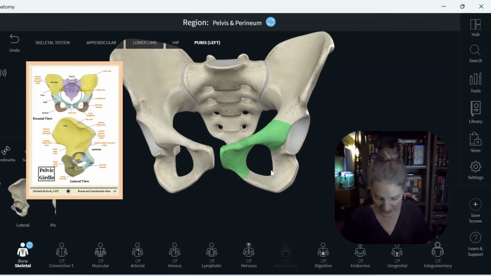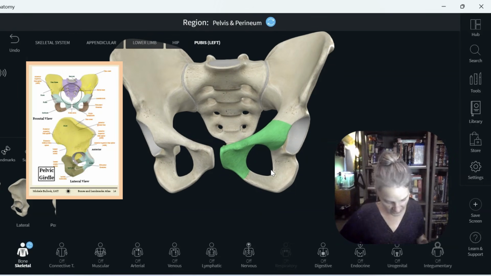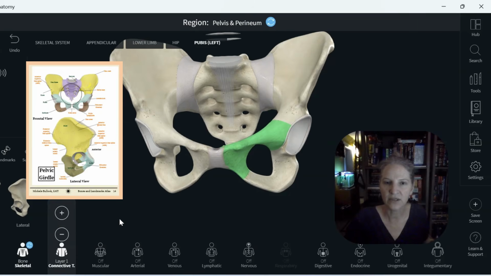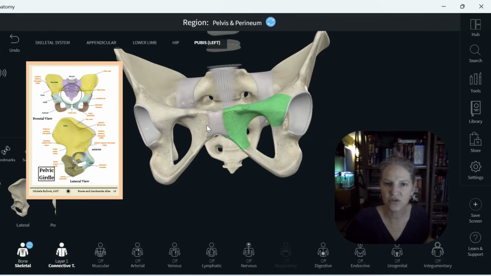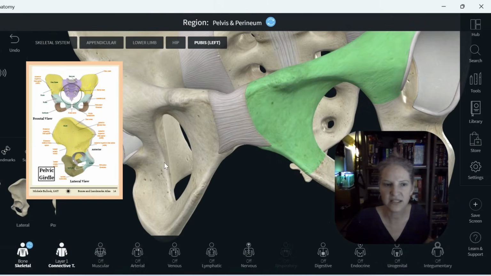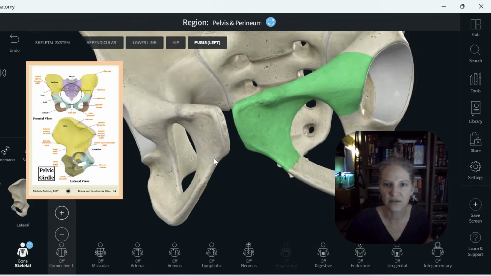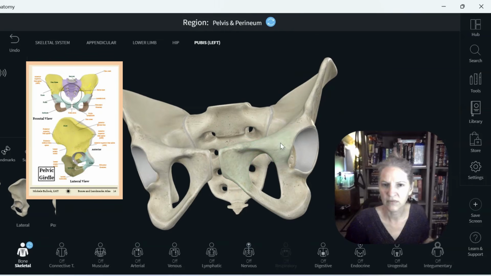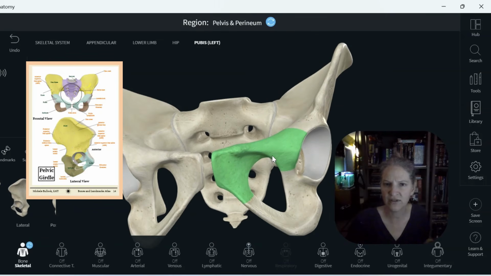Let's talk about the bony landmarks that you should know for that area. So this is the pubic symphysis. If we add connective tissue here, there we go. That is a joint there, called the pubic symphysis. I'll take that away and scoot you back out. And this is, I think, the superior ramus of the pubis, and then we have the inferior ramus of